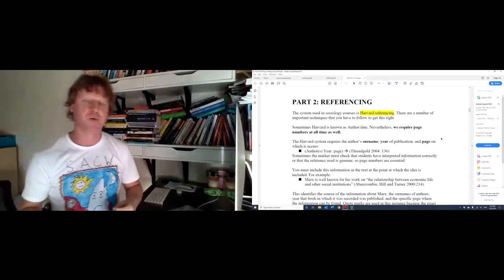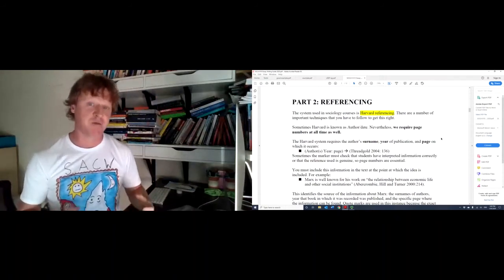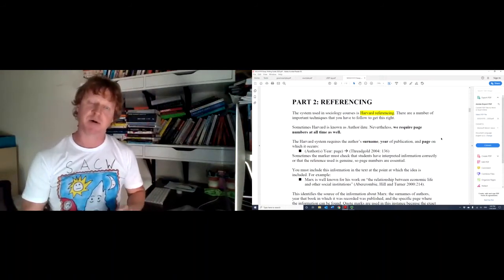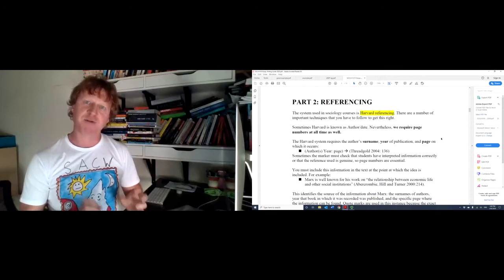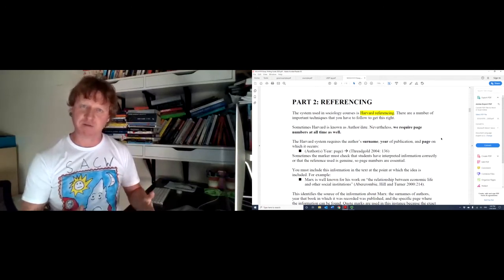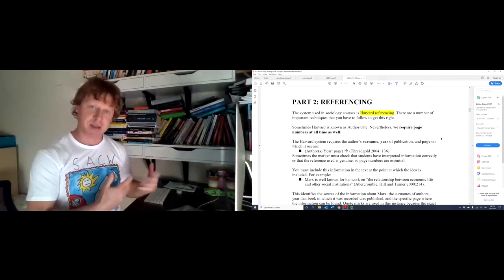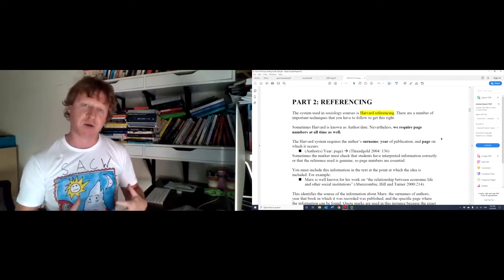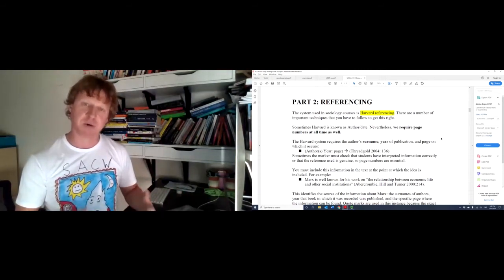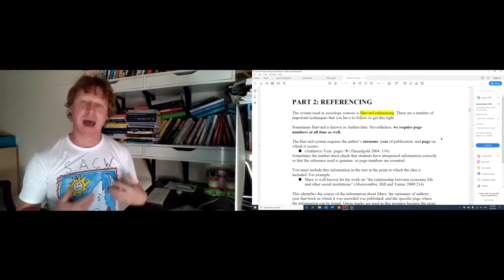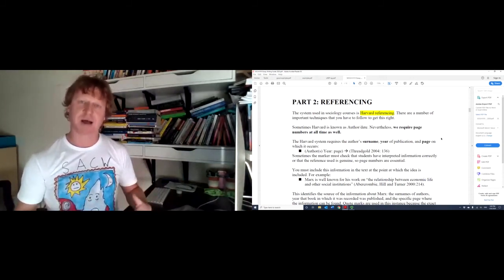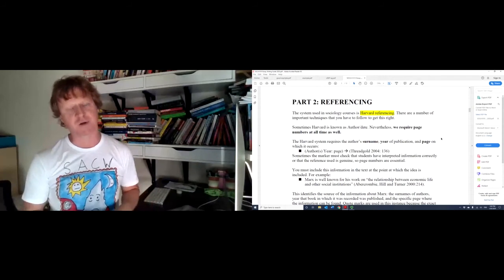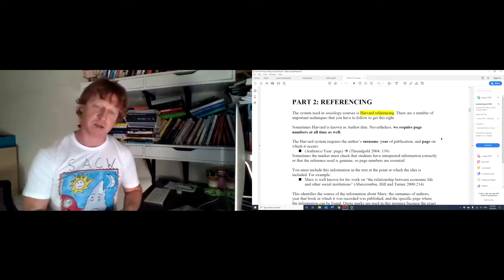So what we want you to do, and what we want you to get in the habit of doing, is being as specific as possible with referencing. Reference the page number where you get the definition from or where you get the data from, and that will not only mean that you're referencing as accurately as possible, but you'll get into really good habits of study, and that'll become the norm and become much easier for you to do throughout the rest of your university study.